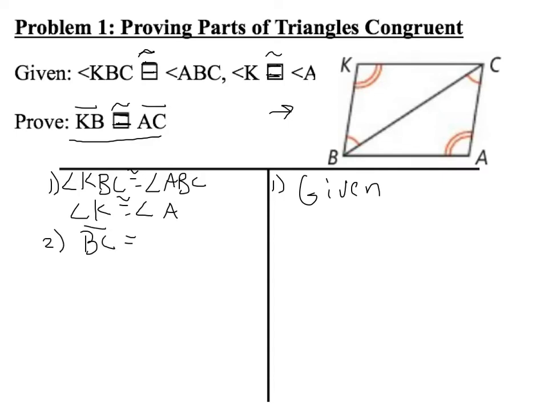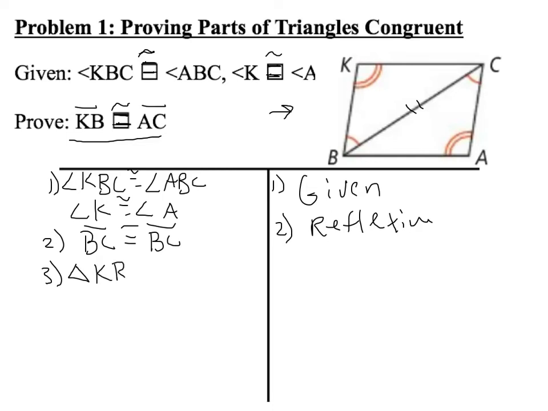If I have an overlapping side, I can say BC is going to be congruent to BC, and that would be the reflexive property. So I'm going to write that in on my picture. Now I have to use the picture to help me draw out that the two triangles are congruent. So I'm going to say triangle KBC is congruent to triangle